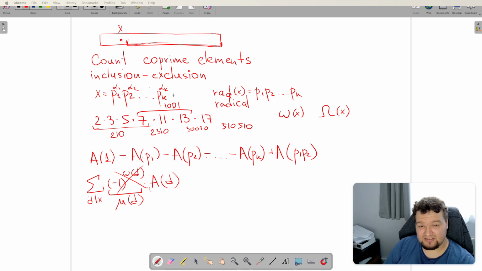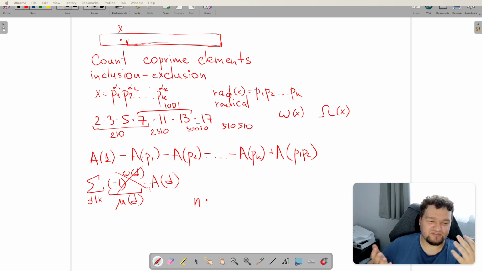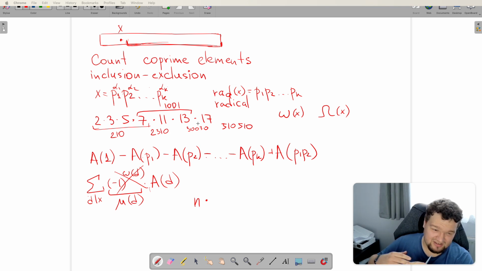The complexity is like, for every element we need to run through its divisors, so you can say that it's n times the number of divisors, but it's actually, if we only care about the numbers that have different primes, then the number of divisors is reduced. To have a lot of divisors, you need to have 2 to a big power, 3 to a big power, and so on.